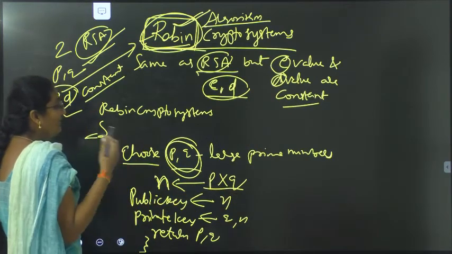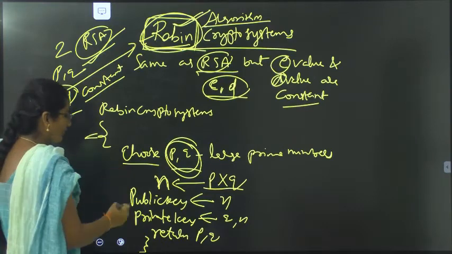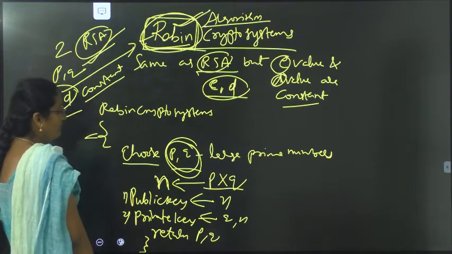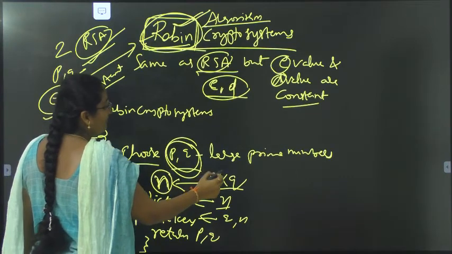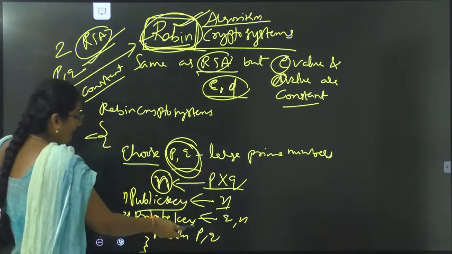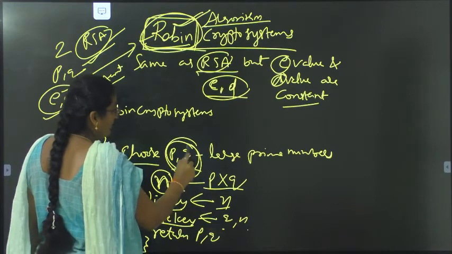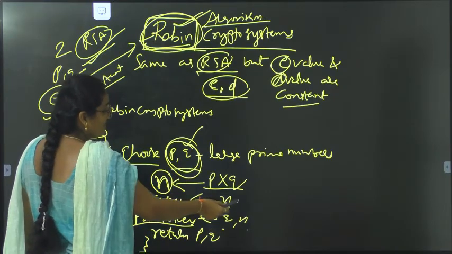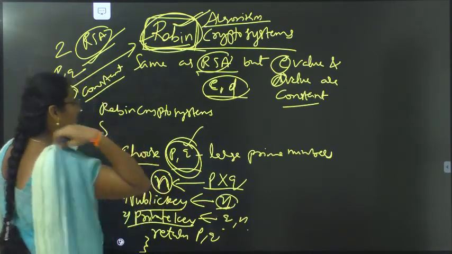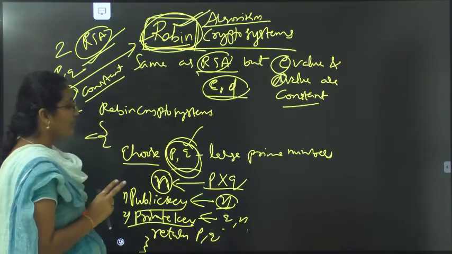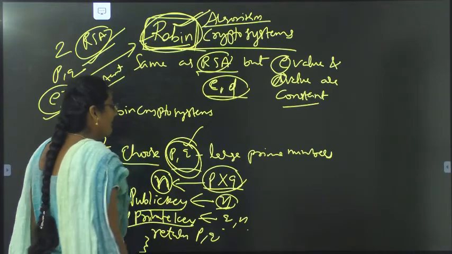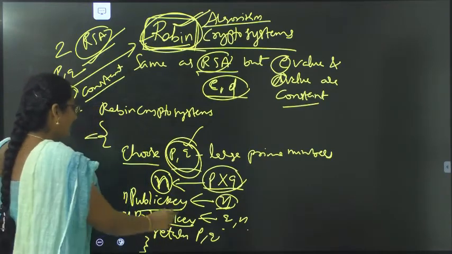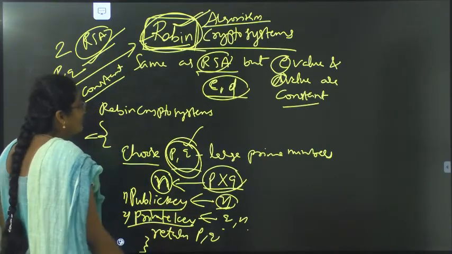In any algorithm where we are talking about asymmetric encryption, we should have public key and private key both. So our public key is n, which we have found by multiplying P and Q. Our private key is Q comma N. So Q value here already we have, and N we will compute here. So this is Rabin crypto system. Selecting two prime numbers, finding the value of N by multiplying P and Q. Then public key is N, private key is Q comma N.